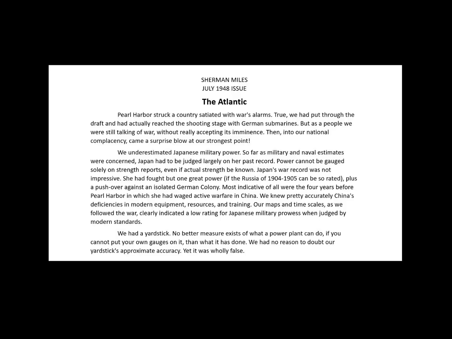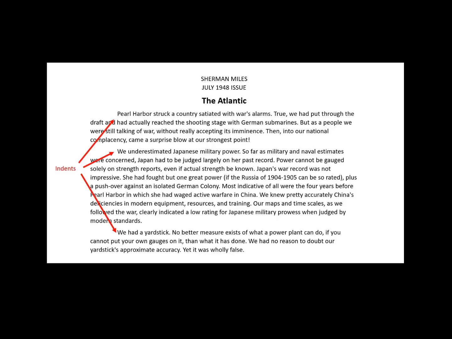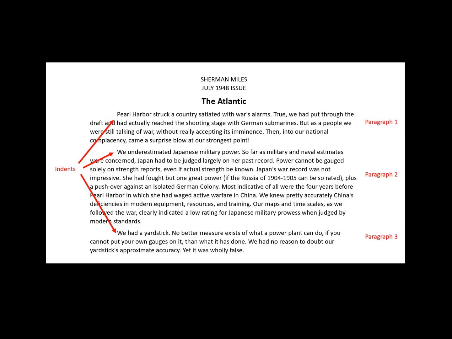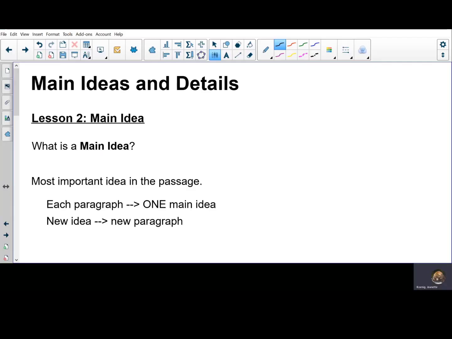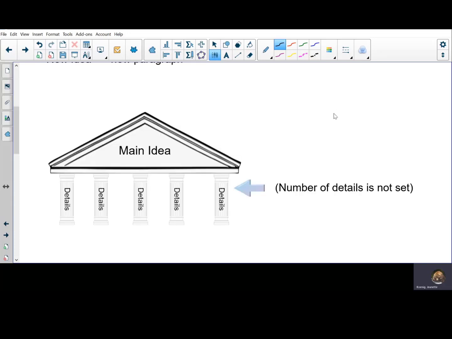Now, what is a paragraph? A paragraph is a group of sentences that center around a main idea. The first line is indented or moved in about half an inch, and it continues until it has fully discussed this idea. Then a new paragraph is started on a new line, which is also indented. A new paragraph should have one main idea. A new idea will need a new paragraph. One idea per paragraph. The paragraph should have sentences providing details that support the main idea.